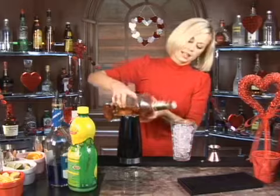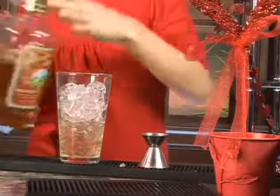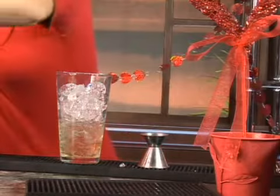Let's see, let's just eyeball it. What do you say? Because it has its own pour top. So I'd say that looks about 1.5 ounces. Yeah, that looks good to me. Now we're going to do